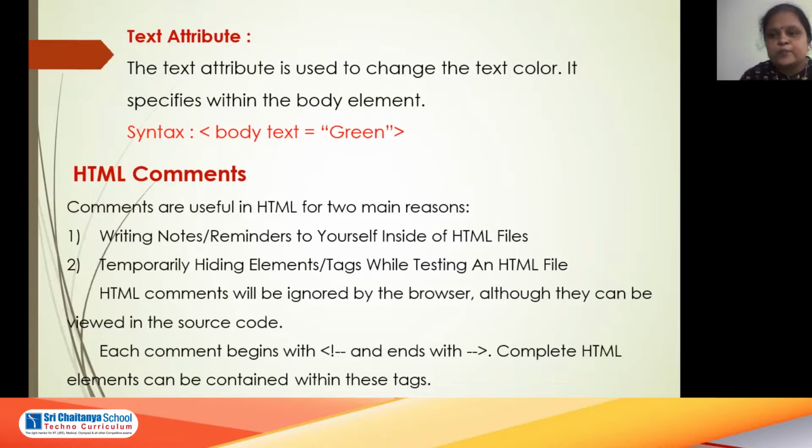You know, we have all learned that we write some comments in programming languages also, just to give an explanation of why we are writing that statement in the programming code. In the same way, here also we write HTML comments for two main reasons. That is, writing notes or reminders for ourselves, to know why I have written that particular tag.